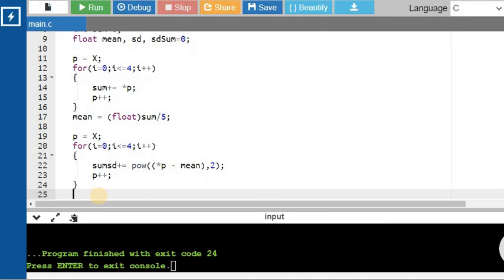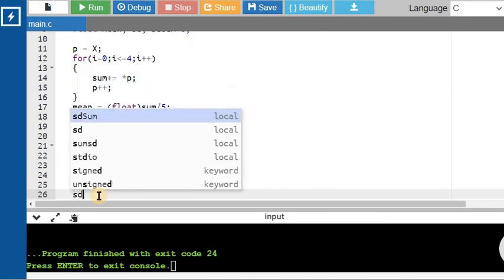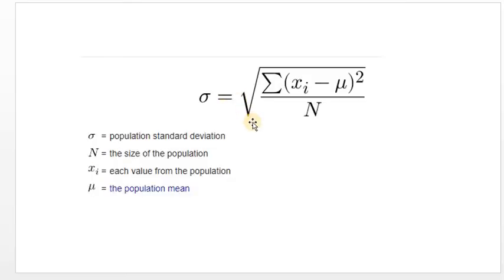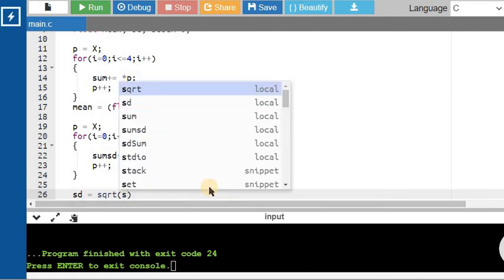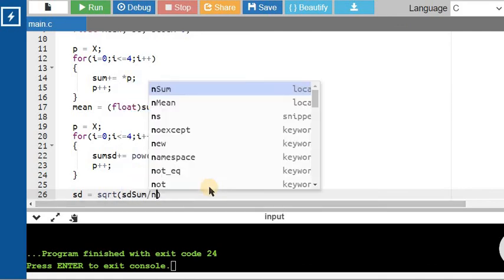And then finally I need to compute the value of sd. sd is nothing but square root of sd sum divided by total number of elements. So I'll say sd equals square root of. In order to find square root, I make use of the sqrt function of the math library, square root of sd sum divided by n.